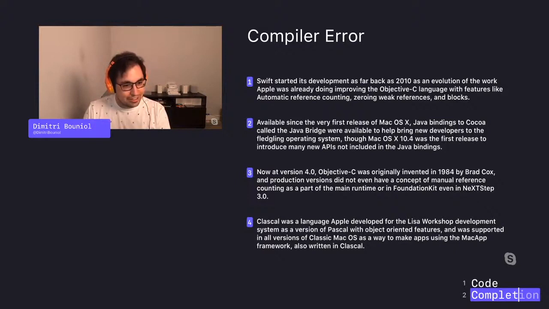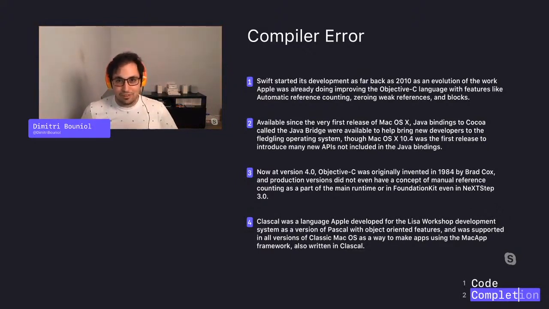So if you go ahead and download the runtime from Apple's open source project, it's written in C++, C, and Objective-C, all three of those, and you can explore that to the fullest if you'd like. But Objective-C is in fact at version 4.0. It's had a few more iterations since the 2.0 days, especially automatic reference counting and zeroing weak references. So that points to number 4 being the compiler error, where